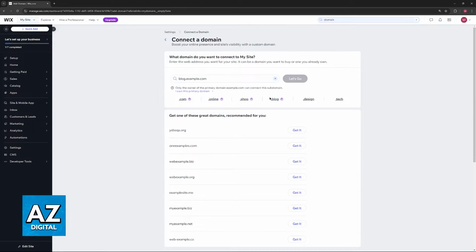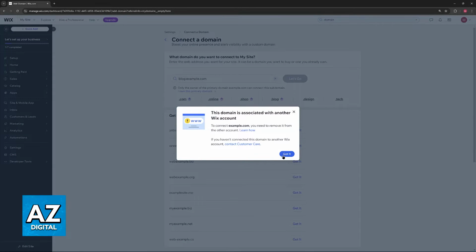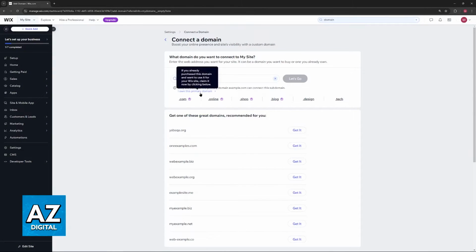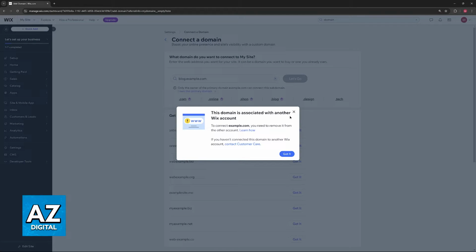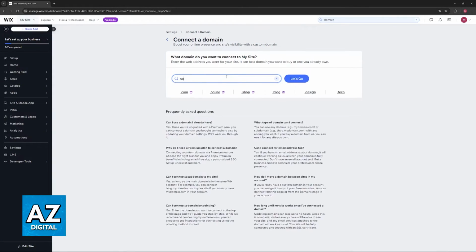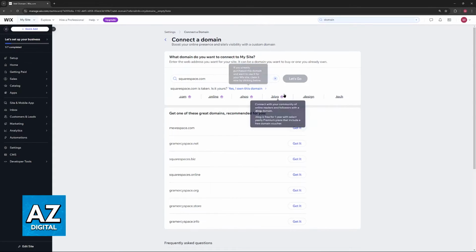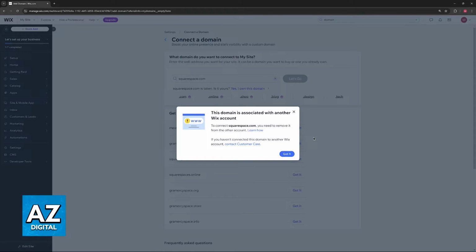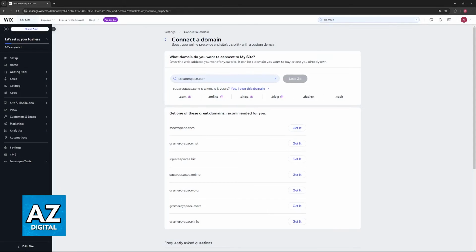So depending on the domain that you select, it is either going to have to be unlocked or you will be able to connect it if you choose the option I own this primary domain. So the first thing that you have to do is remove the domain from the other account where it is connected to, and then you will be able to get it transferred over to Wix. Now, sadly, I don't actually have a domain that I'll be able to demonstrate this process with, but usually when you are able to select, yes, I own this domain, you will be able to proceed and get this process done. It is simple to do.